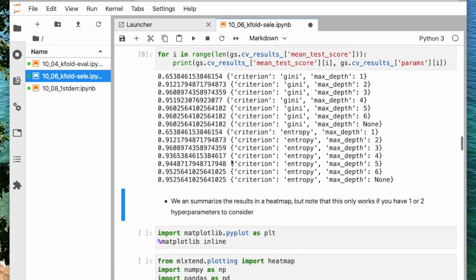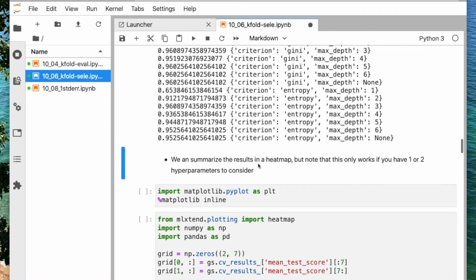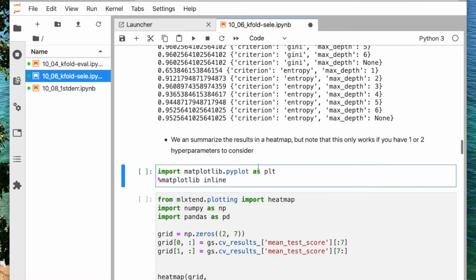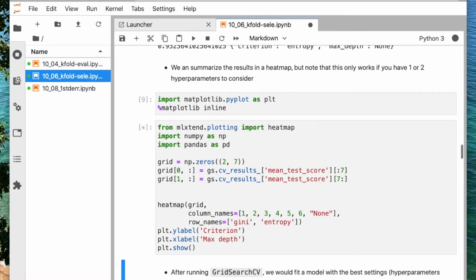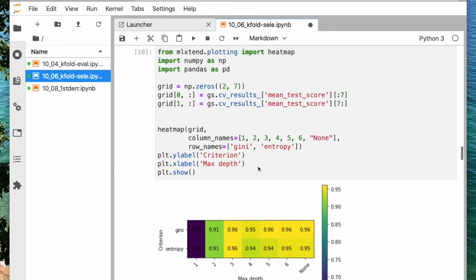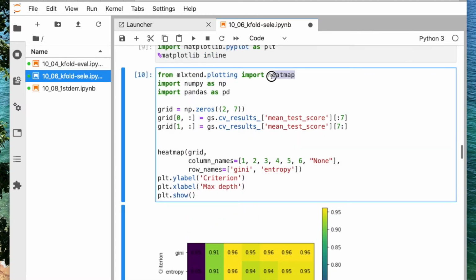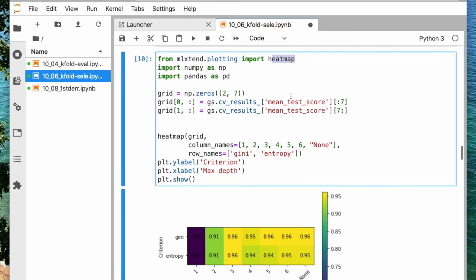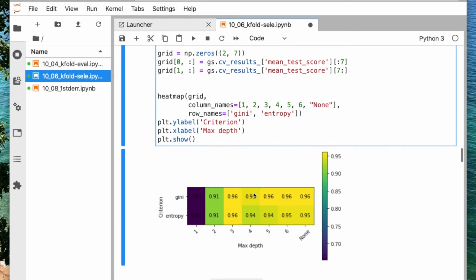Okay, so yeah, we can also optionally summarize these results in a heat map if we want to. So that's being done here. Here I just wrote some simple code using my heatmap function in mlxtend and just summarize the results in the heat map. I don't know why this is so hard to read. Usually I have a function that makes the font white if the background is dark, but somehow it doesn't work here. I have to take a look at that.